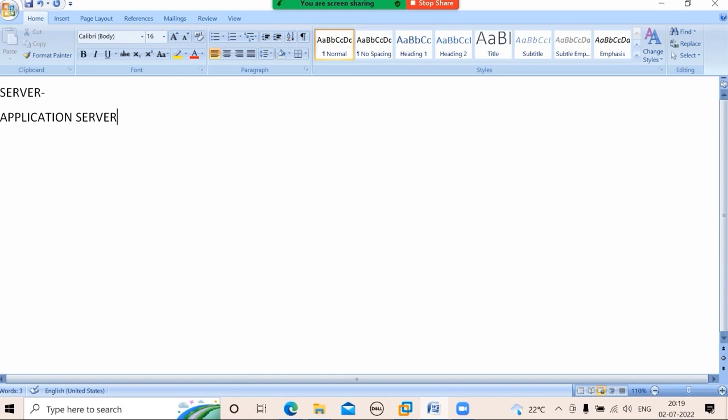Server is dedicated for one task. Application server means that server is dedicated for that application. The same way, we install SAP in that. SAP is a business application, right? Application is what? Software. If one server is dedicated for SAP software, then I call it as application server, right?